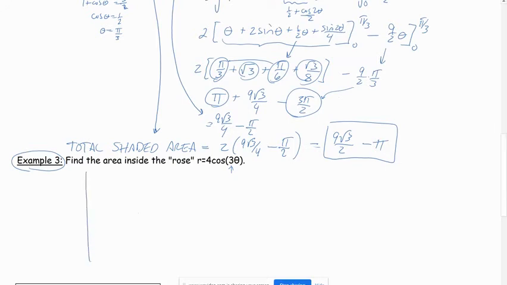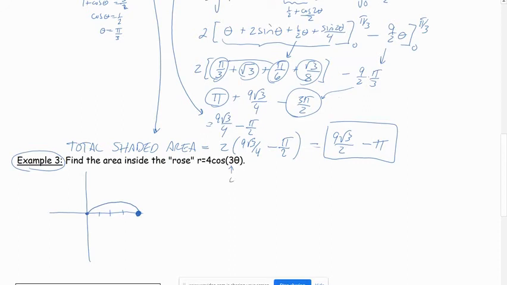Okay, so this is a 3-petaled rose. Now cosine graphs always start out here. So in other words, when we plug in 0 for theta, we get cosine of 0 is 1 times 4 is 4. So this is going to start off out here 4 units away, and then it's going to come back to the pole,